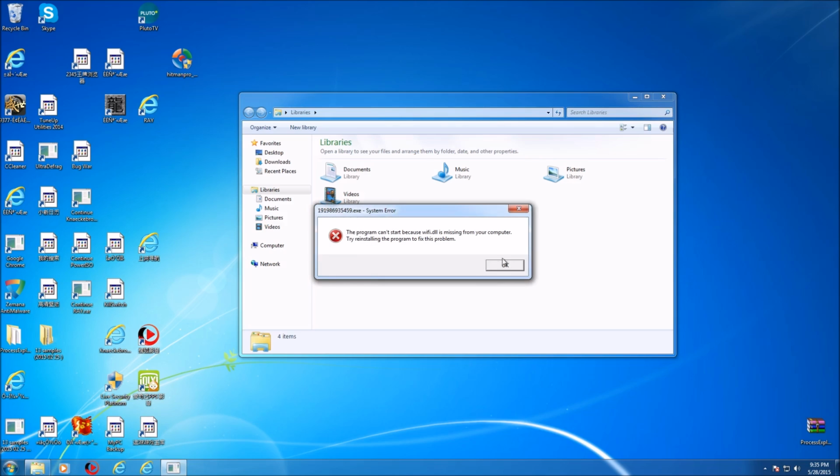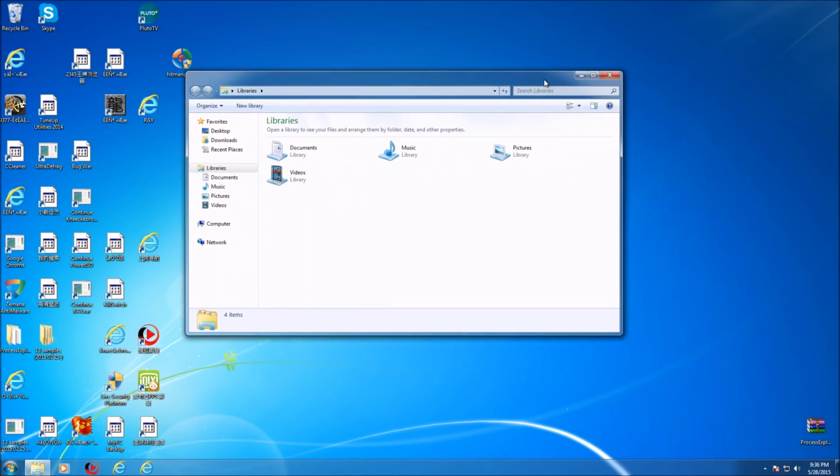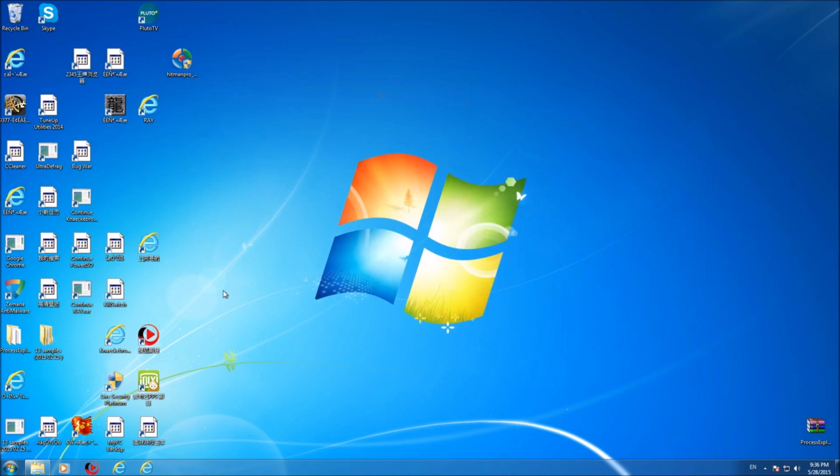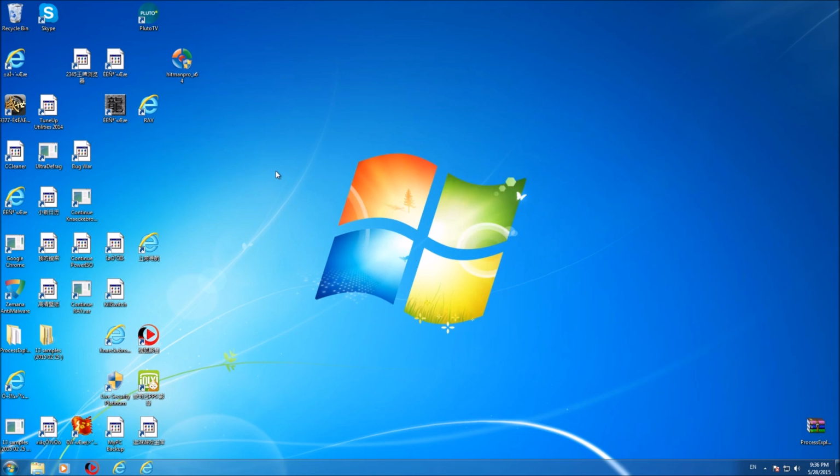Okay, so it looks like that's missing from the system. I don't know why Explorer popped up here. Anyways, we're going to try doing a Hitman Pro scan, but it looks like that's not a valid application. So what I'm going to do is re-download Hitman Pro, and we're going to go ahead and do a scan with Hitman Pro,